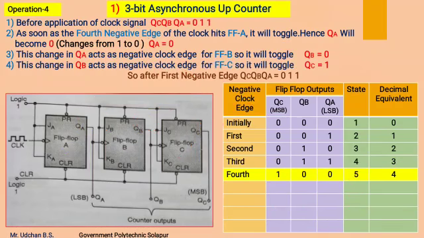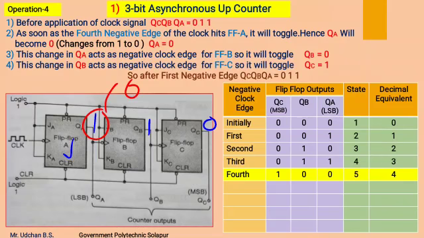Now we will see the output at the fourth negative edge of the clock pulse. Before applying the fourth negative edge, we will write down the outputs. QC is 0, QB is 1 and QA is also 1. Now as the fourth negative edge hits flip-flop A, its output will get toggled, means this 1 will